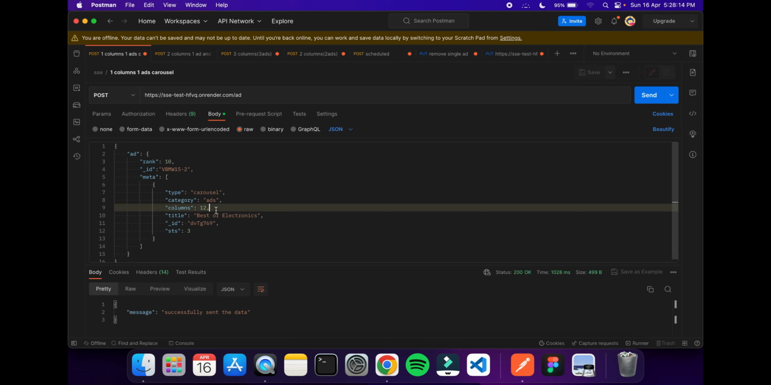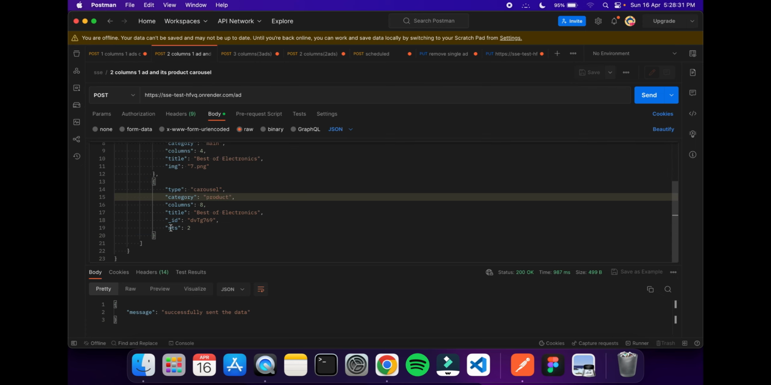And we are saying columns 12, of course, because I want my slider to occupy the entire width. Again id, this is the same, so this id refers to the id of one of the documents in the carousels collection. So that will get all of this. And oh, I missed this actually, sts. So sts is nothing but